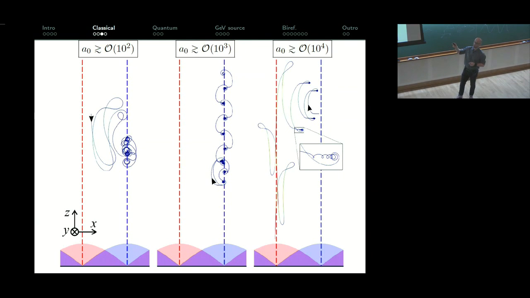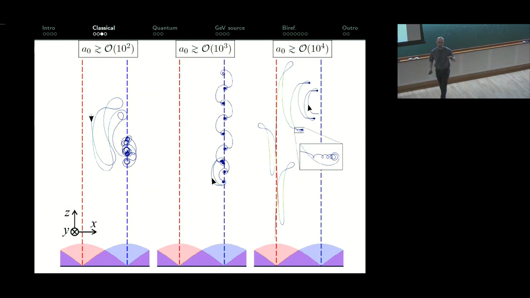Final picture. We go to ridiculously high intensities, and something very strange happens. Now I start a particle off at the bottom of the potential hill, so in the peak of the magnetic field or the node of the electric field. This particle gets accelerated. It starts moving parallel to the electric field. It's a very complicated, intricate motion. But in general, what happens is that it migrates across to the peak of the electric field. So it rolls back up the potential hill, and then it oscillates around the peak of the electric field, at the top of the hill.